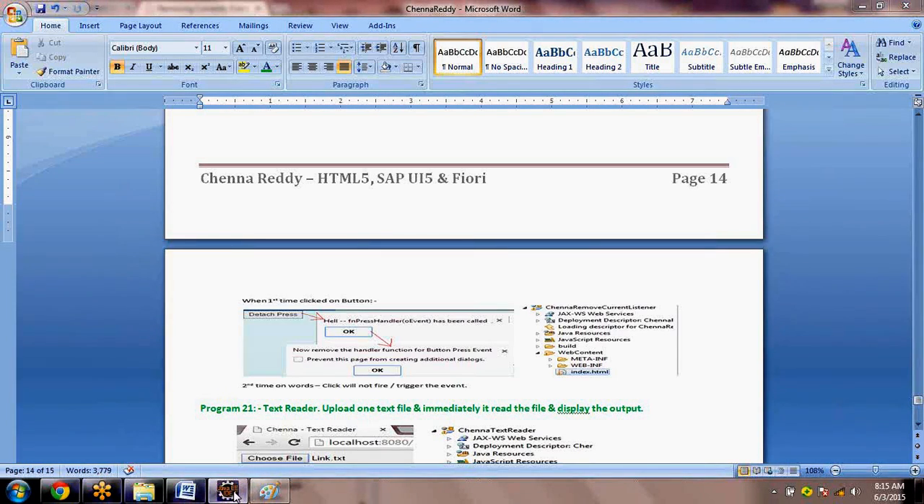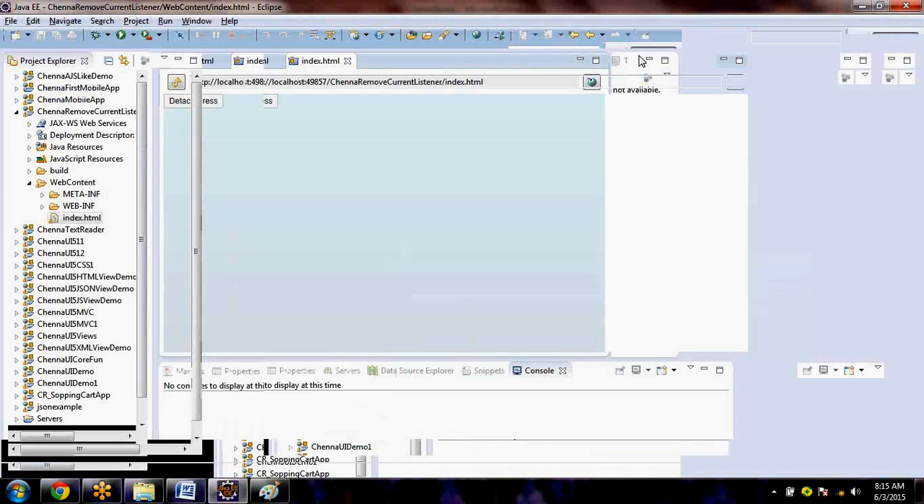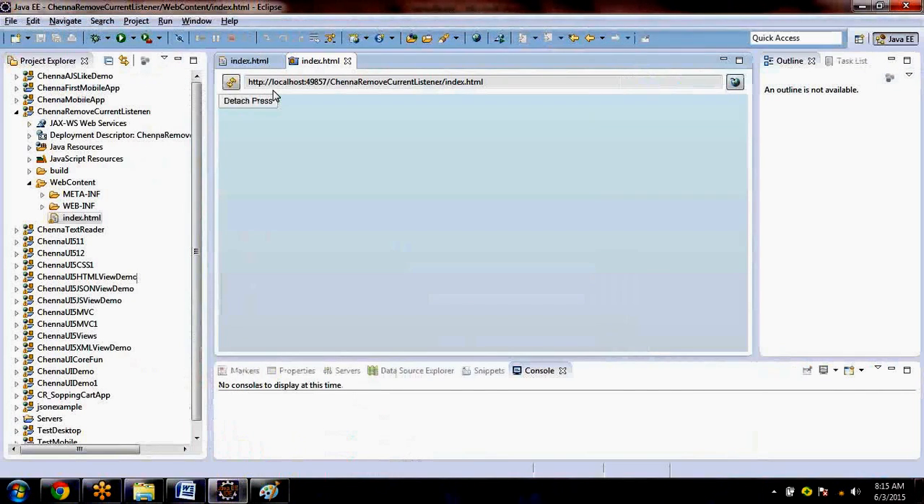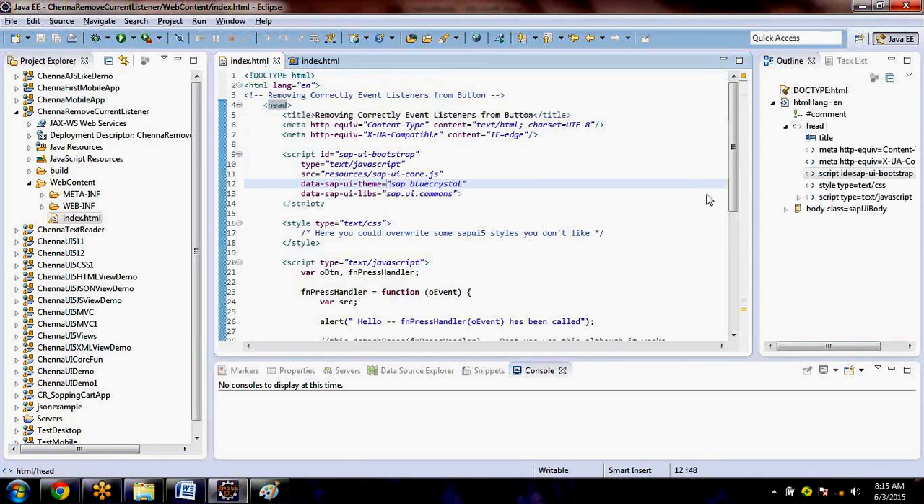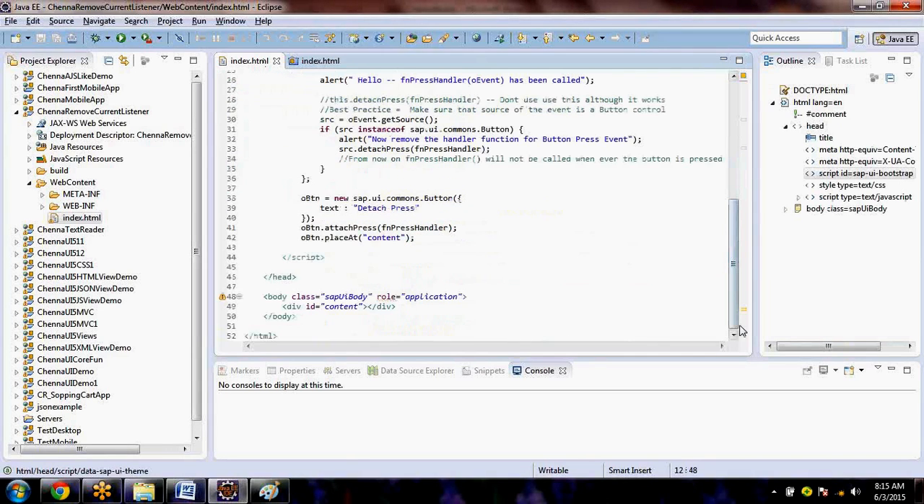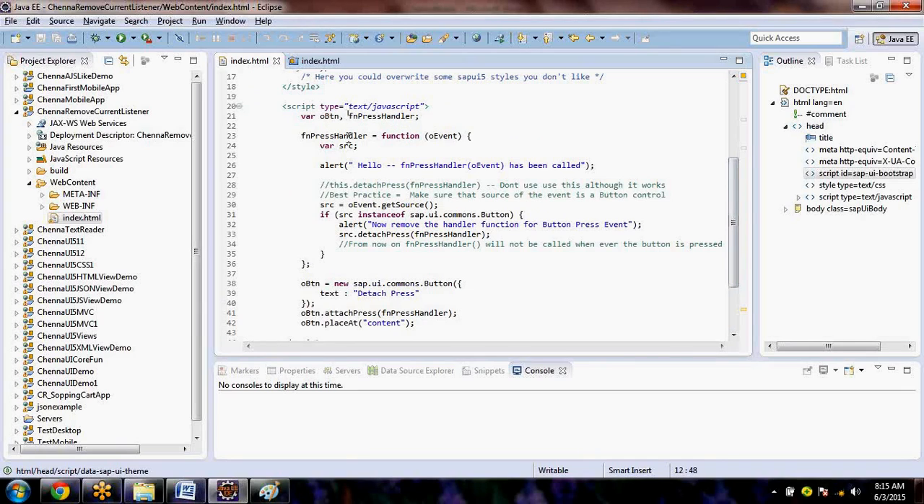Now come back. Let's see the code. So these are all very common, so I don't have much to explain there. Now coming to here, this is the body, nothing. Now let's go to the function directly. Okay, so if you see this one,